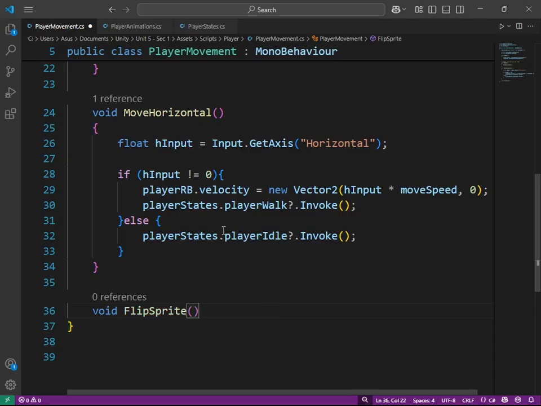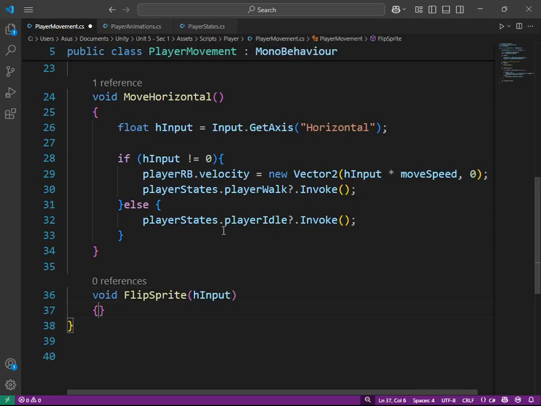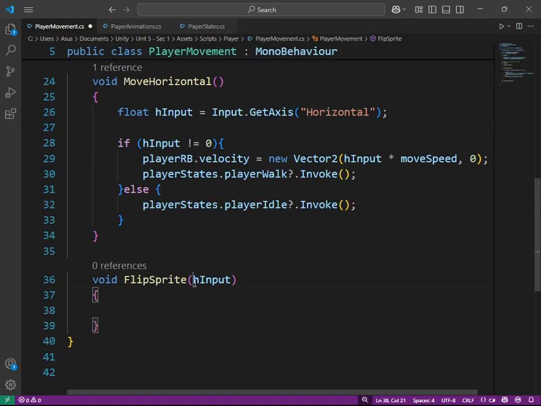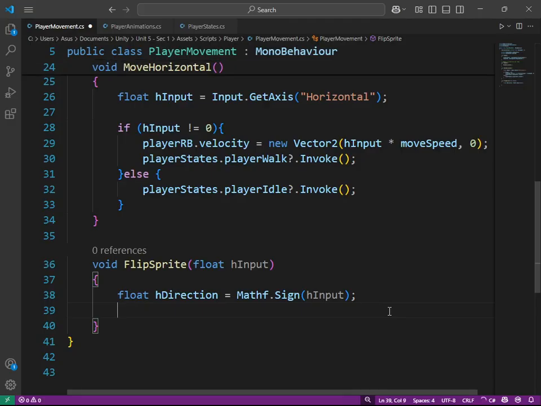Yeah. And then we could forward the h input. Float h input. And then we could just say h direction. Direction is equal to the sign. So Mathf.Sign of h input here, and then whatever the h direction is, so float h direction here,